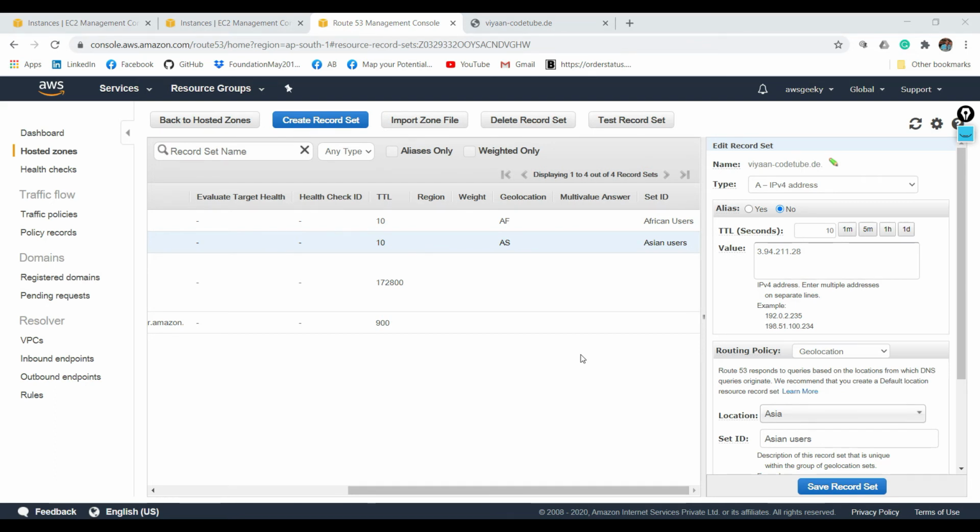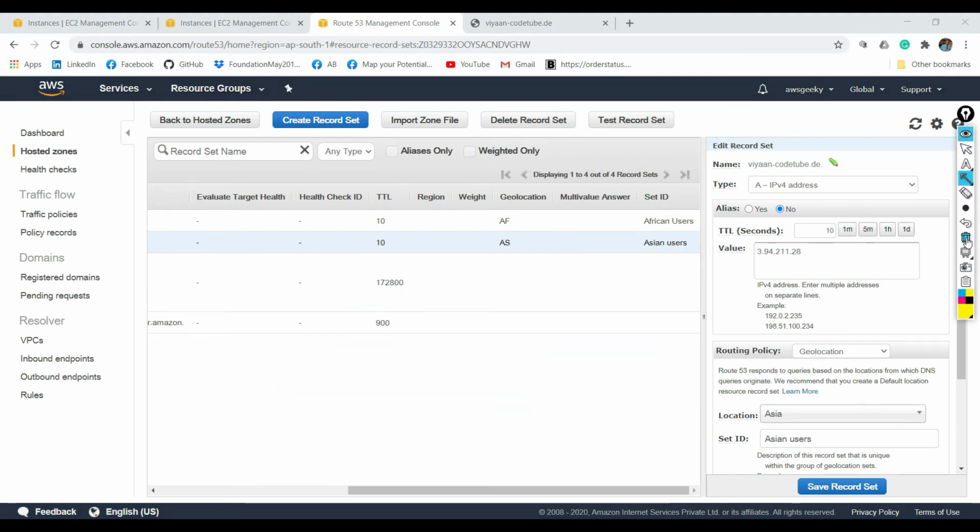The next one is the failover routing policy. Failover routing policy is used to create an active-passive kind of setup, such that one of the sites is always active and serves all the traffic while the other site remains as a disaster recovery zone, like a standby server, right? Route 53 monitors the health of the primary site using something called health checks. If I have to draw a diagram,